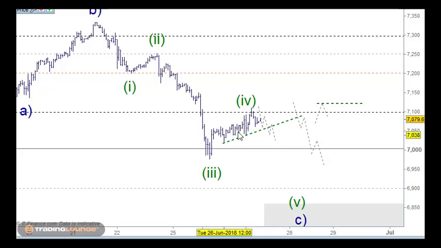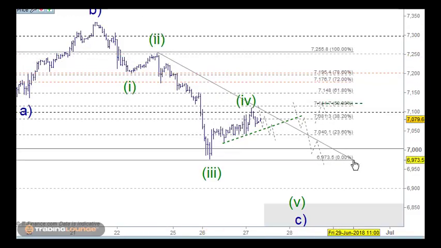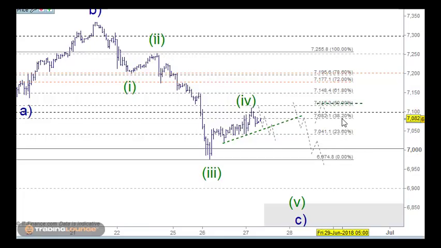So in a nutshell, this is where we'd be wrong if there was support found on there. The other side to this too is that the rally from top of wave 2 to low of wave 3 is a 38.2% mark. So we're kind of already there anyway. So if it found support on that, I know that